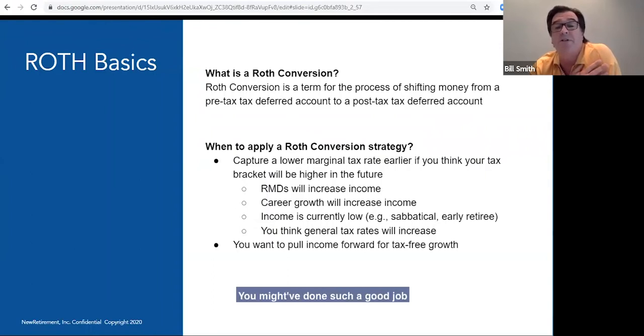You might have done such a good job that you were accumulating money in a 12%, 15% bracket, whatever that might be. And then now all of a sudden you're going to be forced to be taking money in a 22% bracket or a 24% bracket, right? So again, if you think that your taxes are going to be higher later, you might want to take them now. And when might that happen? If you foresee that, again, RMDs will increase your income,